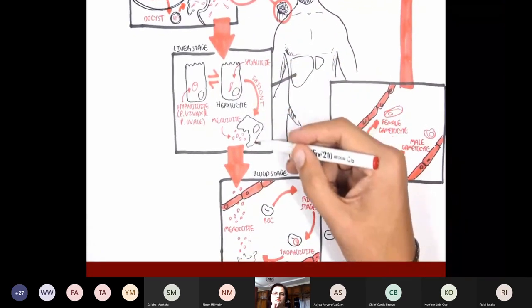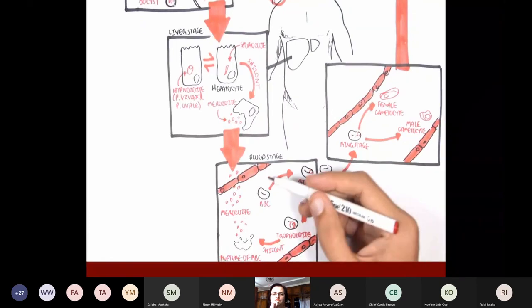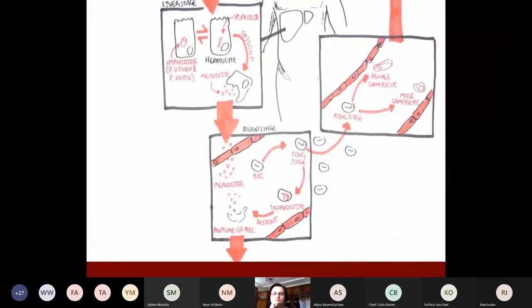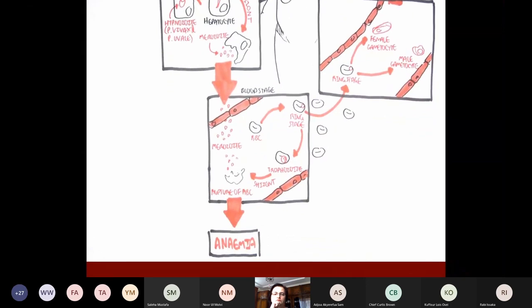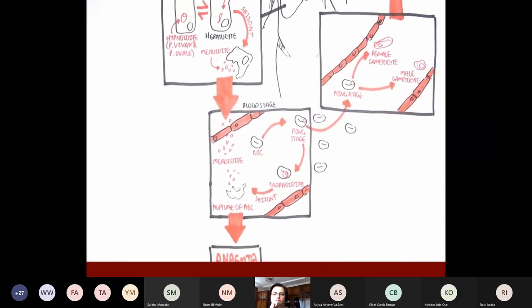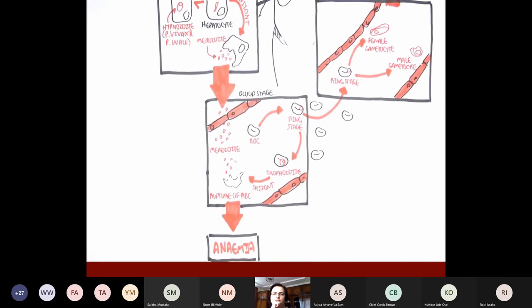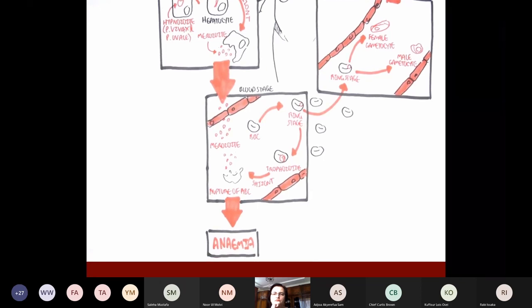It will feed off humans again, and then this whole cycle can continue. The mosquito can feed on another human, another person that is healthy. And then if this person was infected, the person will obviously be unhealthy. Now, malaria is a big problem worldwide, particularly in developing countries. In Africa, many children under the age of 5 die from a malarial infection. Thus, it is a very important public health issue.